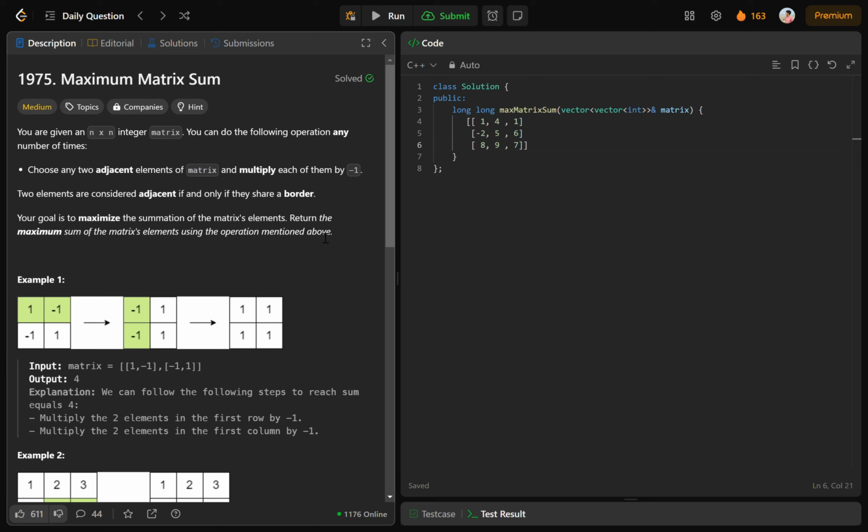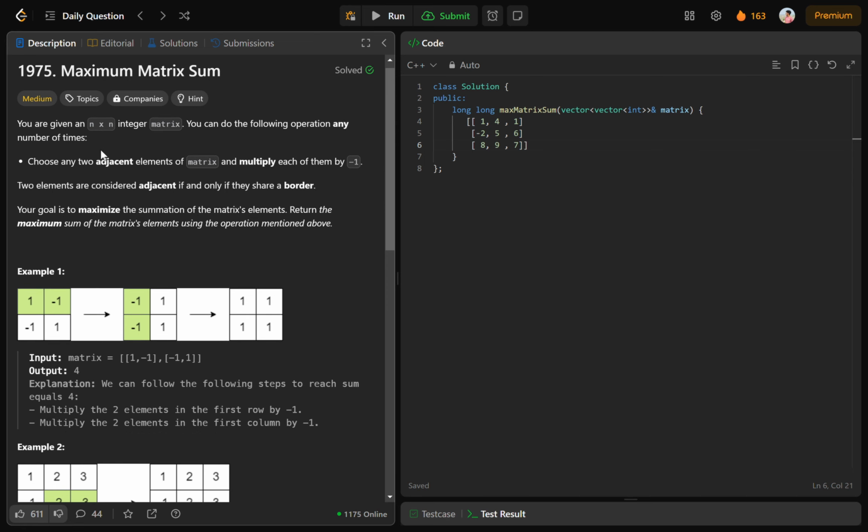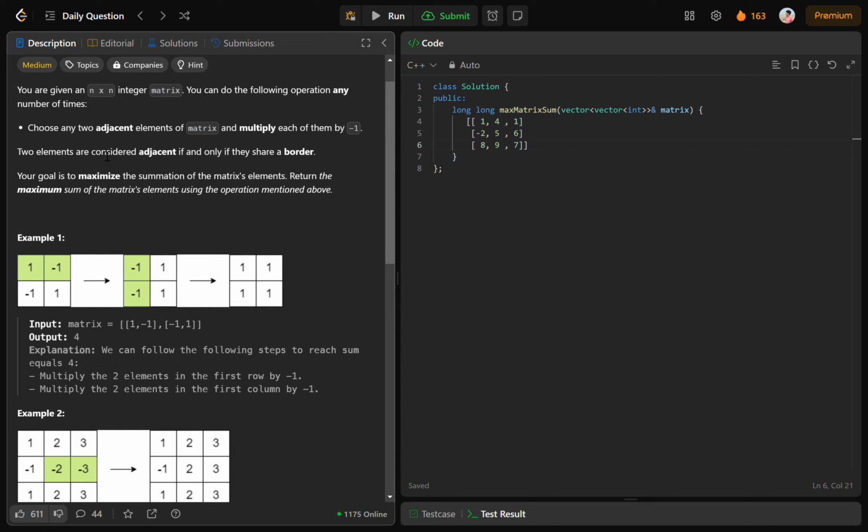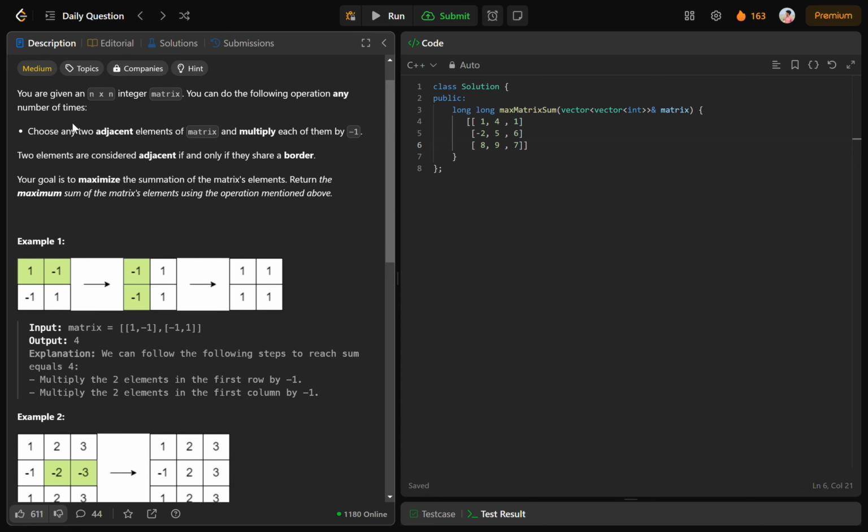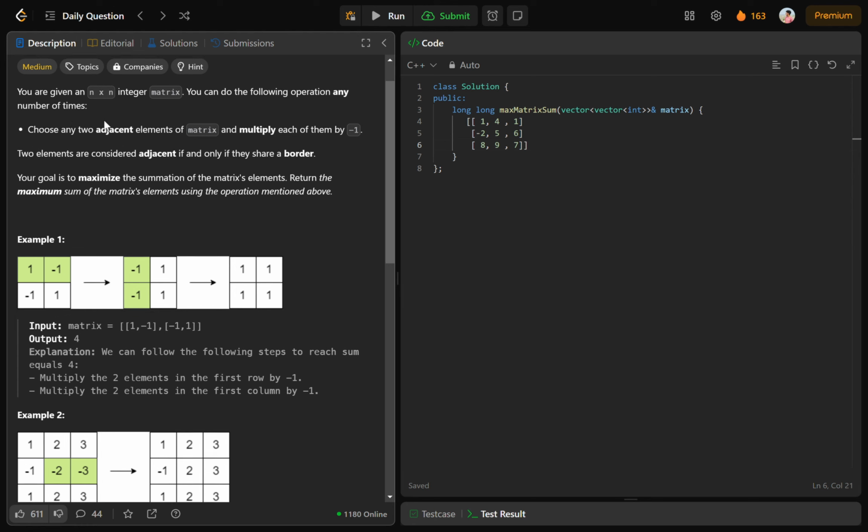Hey guys, today's question is maximum matrix sum. In this question, we are given an n cross n integer matrix and we have to determine the maximum matrix sum, and we can do any number of operations on the matrix. In that operation, we can choose any two adjacent elements horizontally or vertically, that's our choice, and multiply each of